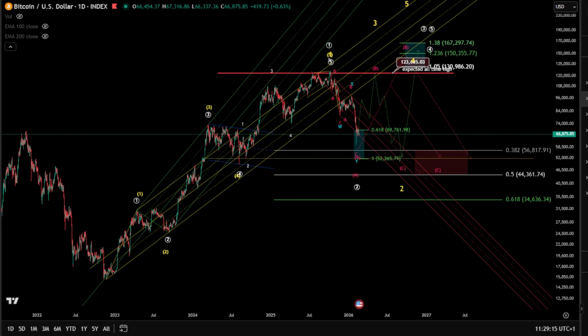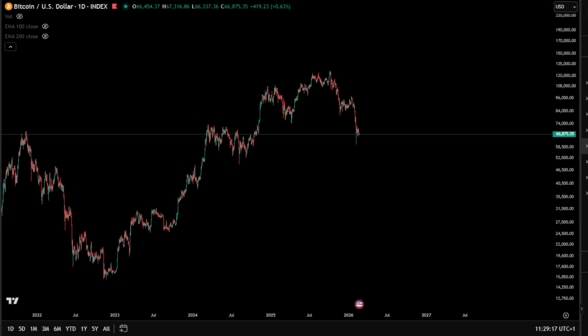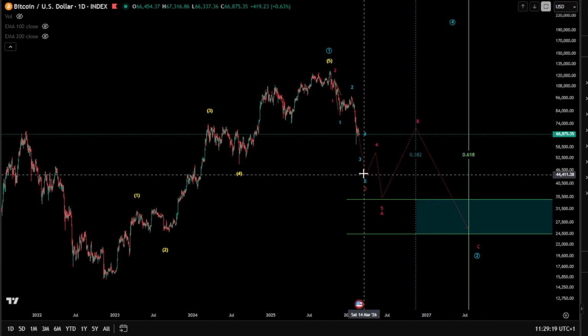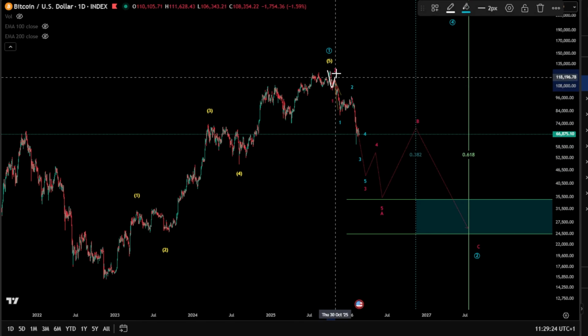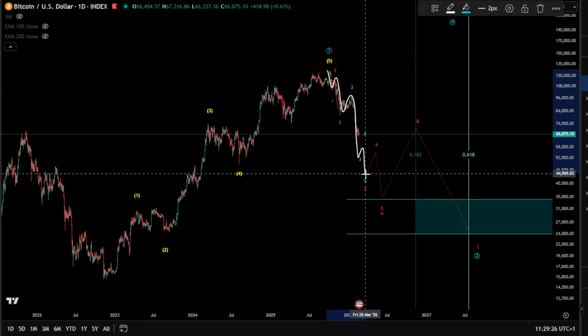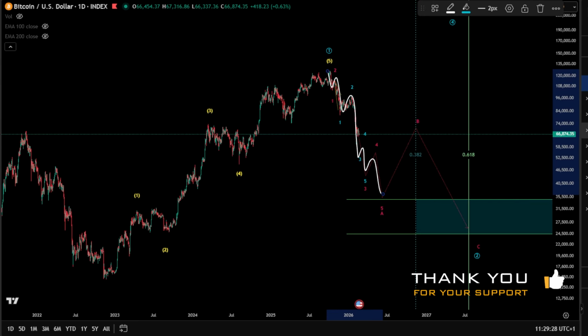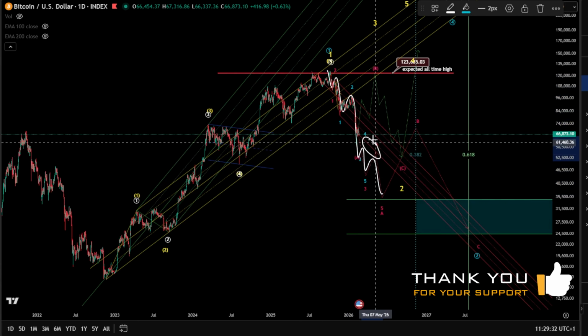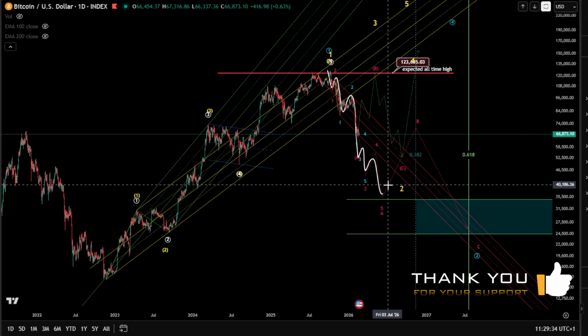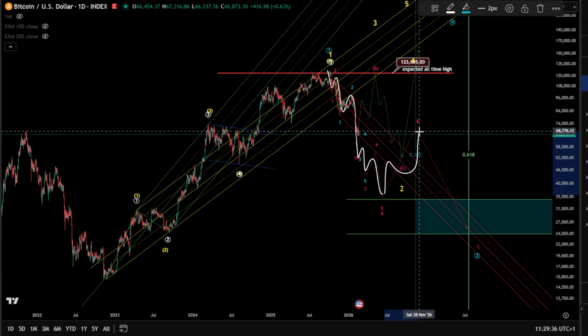Okay, we're still inside the base channel. We didn't unfold the wave 3, but if the wave 3 happens, we gotta be careful, because we might be in a very deep wave A there, meaning an impulse in double 1, 2, wave 3, 4, and a 5. 4 and a 5 might be unfolding. Base channel, as you can see, broken, and using it as support for the 4 5s, right? And then having a wave B later on.